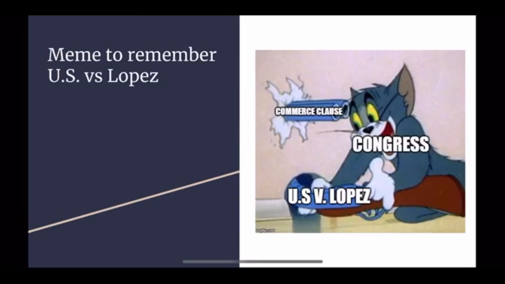A meme to remember the U.S. versus Lopez case. We thought that this meme kind of shows that the Commerce Clause kind of came back to